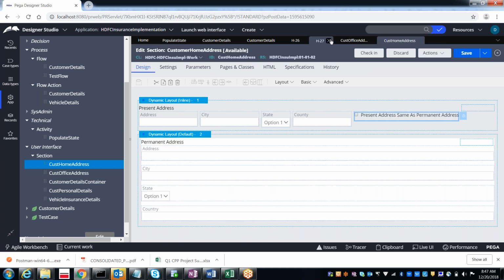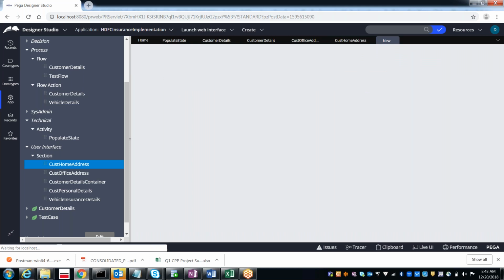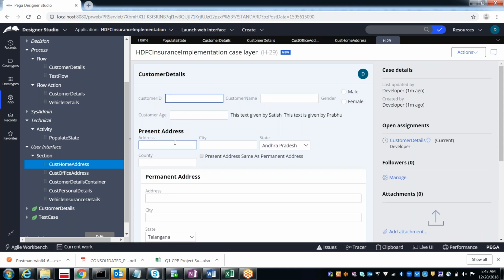When you have that, let me create one more work object. I'm giving Zindabad, Telangana, India. Now if you see the clipboard,